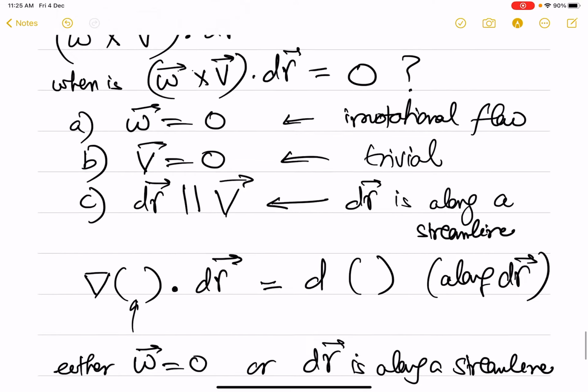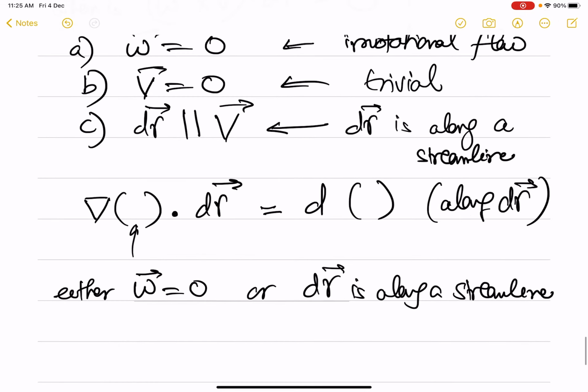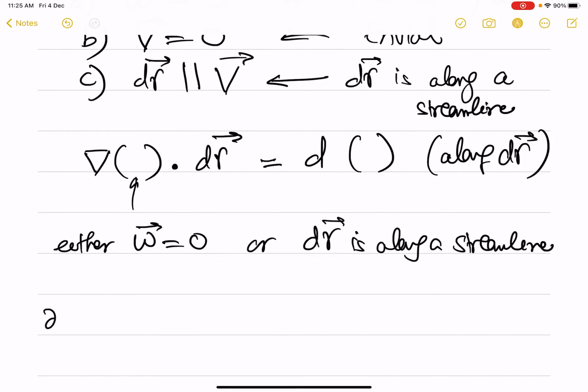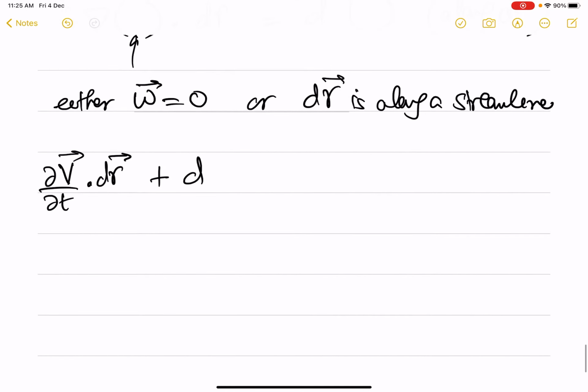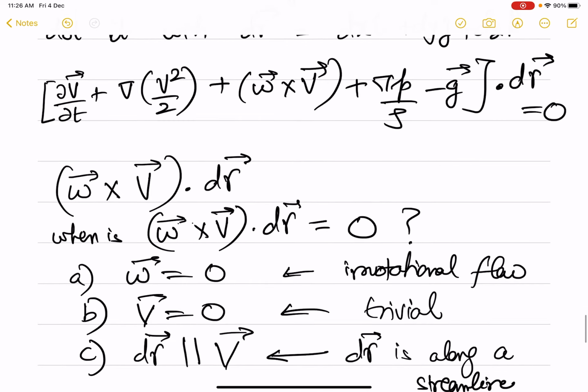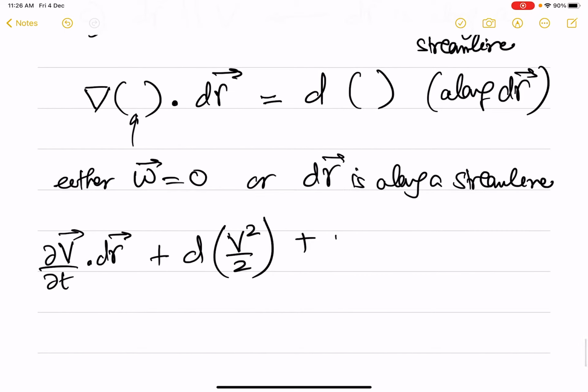So if these two cases are there, omega cross V dotted with dr is 0, and what we are left with is partial V by partial t dotted with dr plus, now gradient dotted with dr we will change to the total rate of change of V square by 2, plus then we have gradient of P by rho, so that will become dP by rho, and then we have G dotted with dr